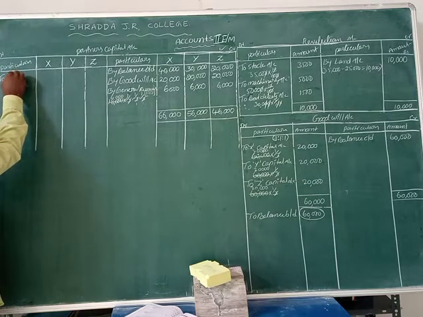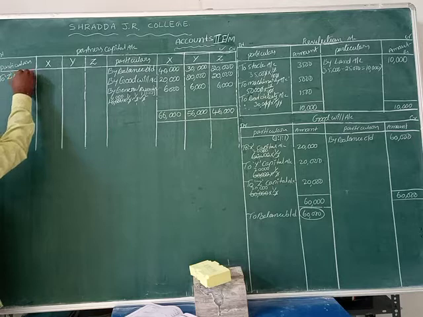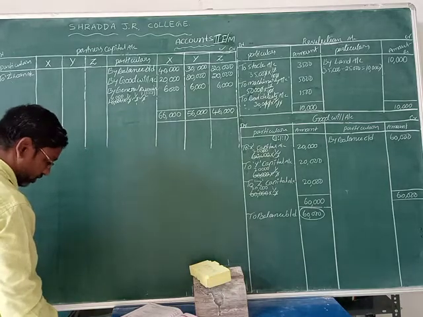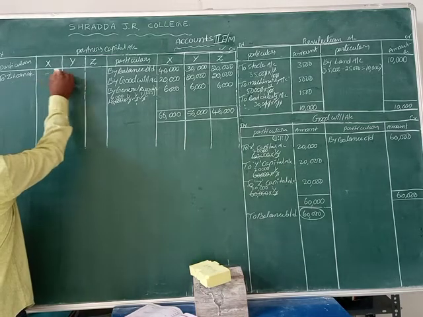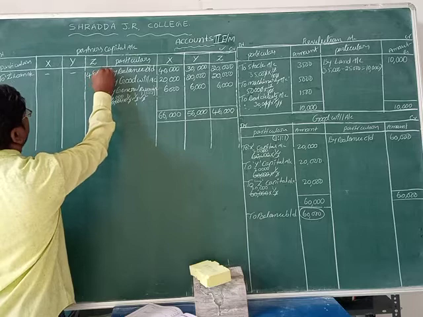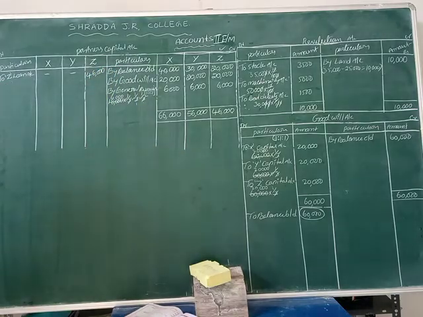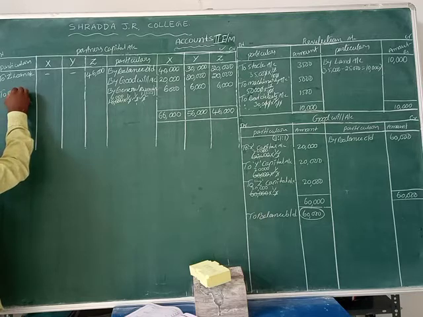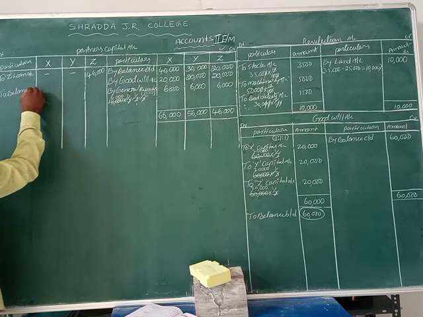To Z loan account. You can write a Z loan account. Okay now. Why? Because we give the amount to Z. How much amount can we give now? 46,000. Okay, so we can give 46,000 to Z. How many members remain? Only 2 members. X and Y are the remaining partners. So we can write by 2 balance carried on, for X and Y. Okay, write down here: to balance carried on.